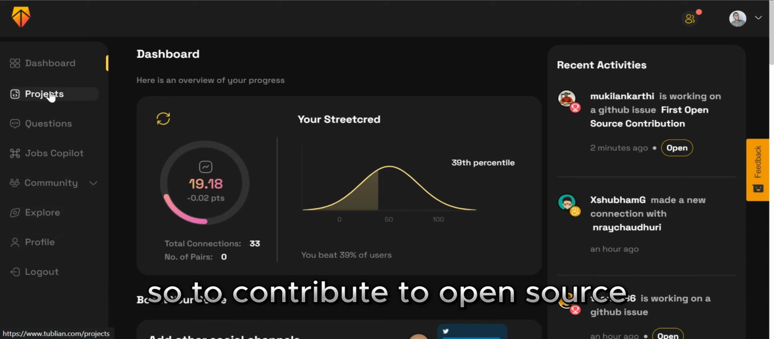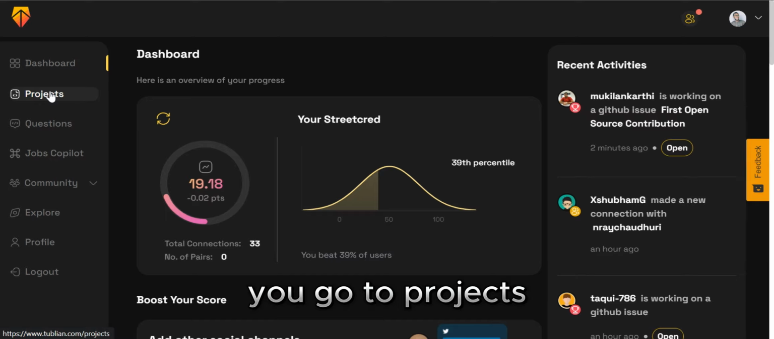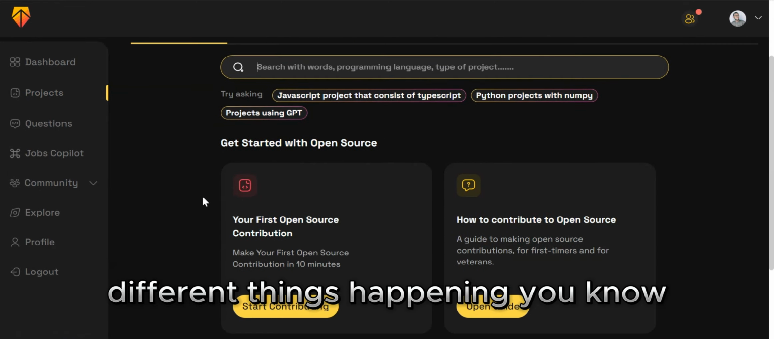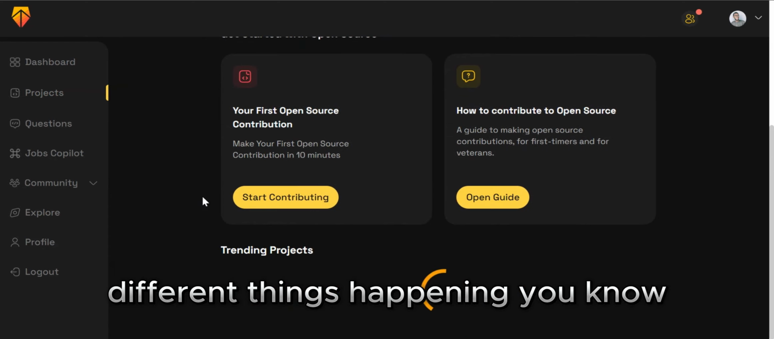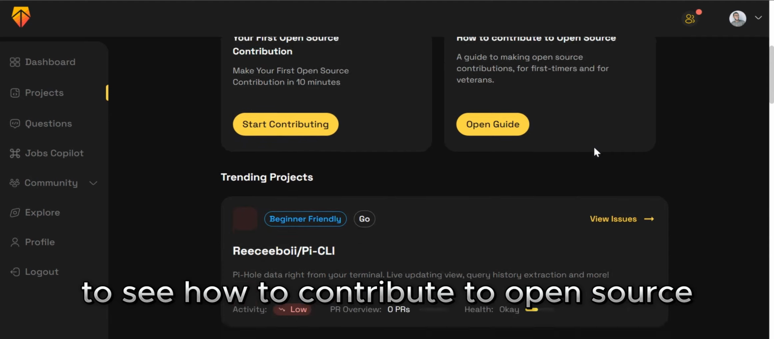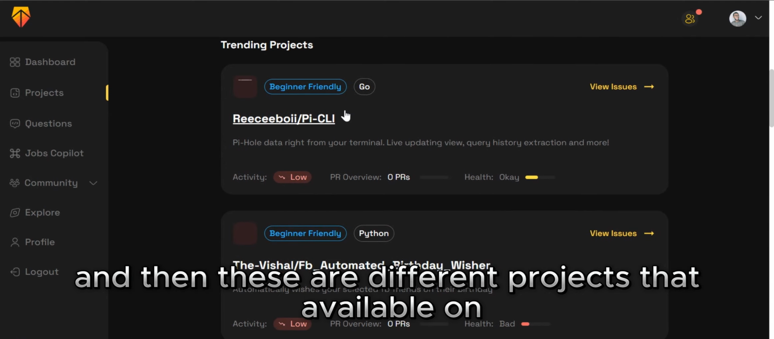So to contribute to open source, when you log into your Tublian dashboard, you go to projects. So let's go to projects. Right. When we get to projects, you get to see different things happening. We get to see the process of contributing to our first open source. You see how to contribute to open source, and then these are different projects that are available on the Tublian